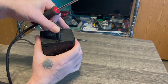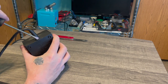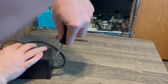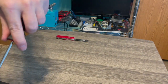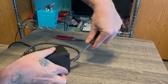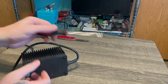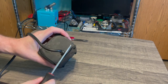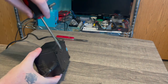So what I normally do is I put the screwdriver in, lift it up a little bit, and then I take the screwdriver and use it as a wedge. I'll usually put it at an angle and just slide it down or hit it down with my hand to crack the case loose. As you can see right there, that's basically what's happened. And I'll do that with all the corners,